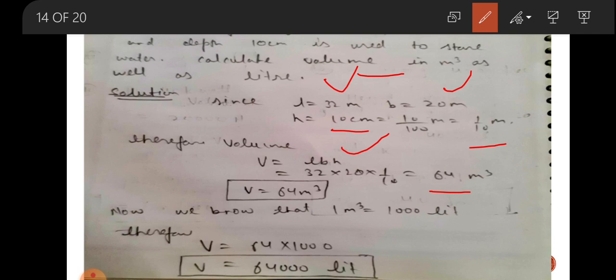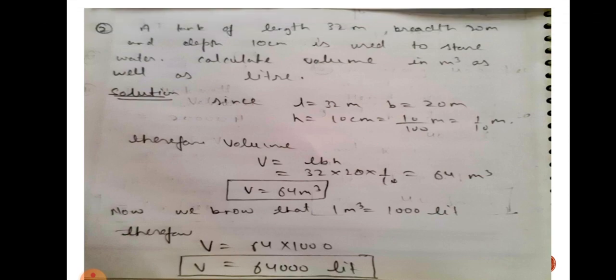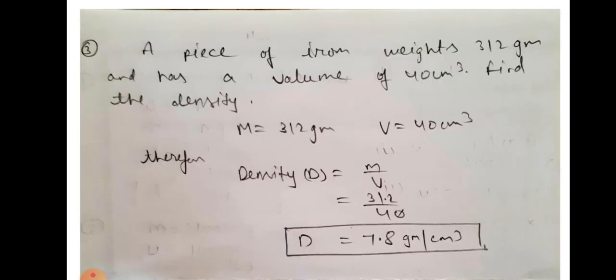Now we know that 1 meter cube is equal to 1000 liters. So this meter cube is to be converted into liters, so we will multiply by 1000, so we get 64,000 liters. So that is our second question. Let's move forward. Your next question is